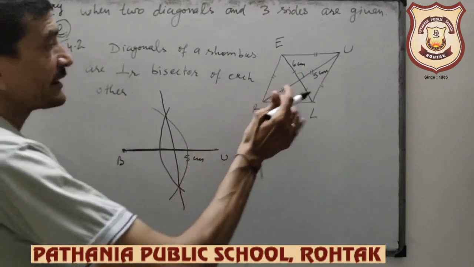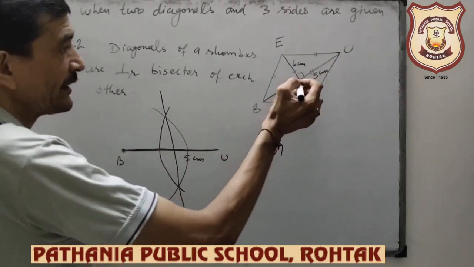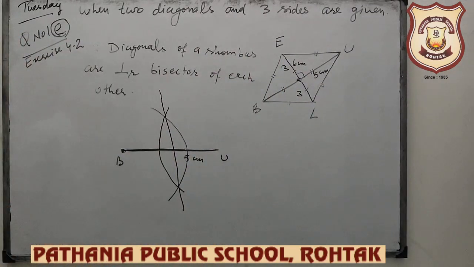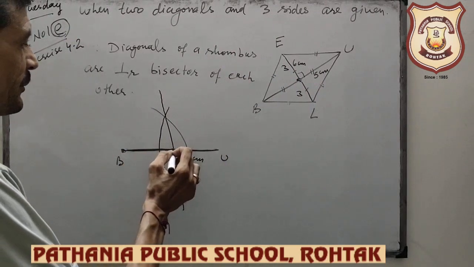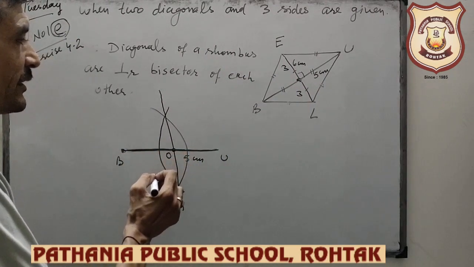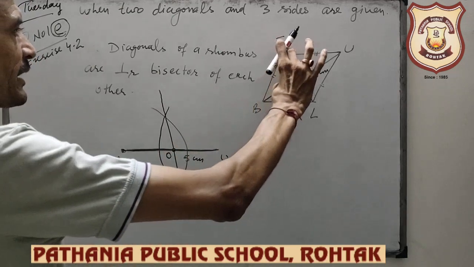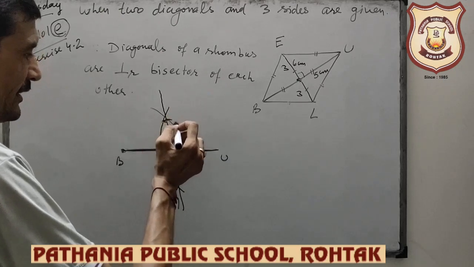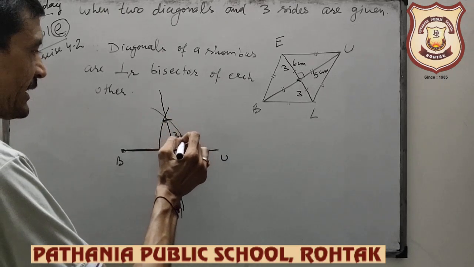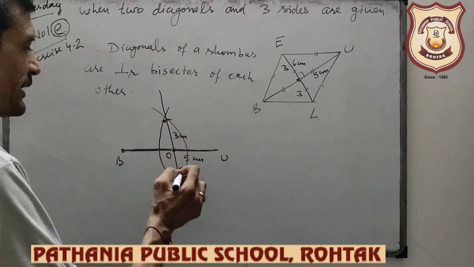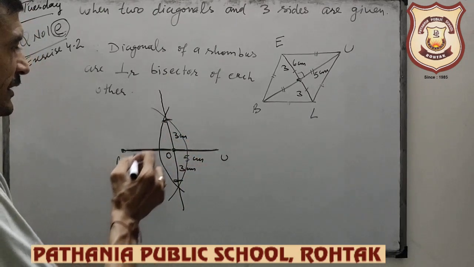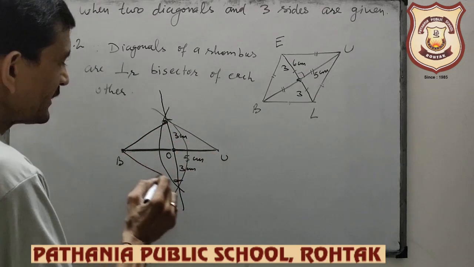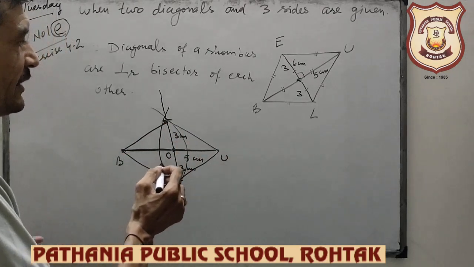Now what is the next diagonal? The second diagonal is 6 centimeter, and we know 3 is this side and 3 is this side because both diagonals bisect each other. Now put the compass at the middle point. Let O be it. Now open the compass equal to 3 centimeter and mark an arc like this, and the same 3 centimeter distance here, cut downward also, that is also 3 centimeter. Now join these, this, this, this and this. So this is the BLUE.